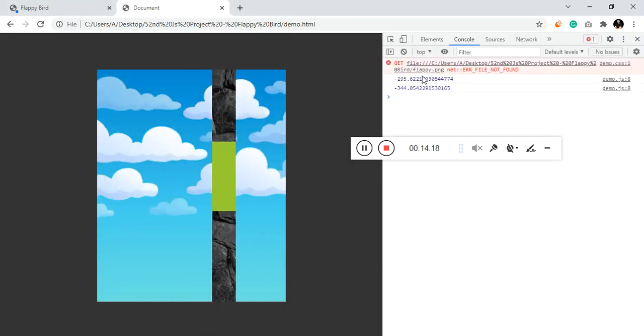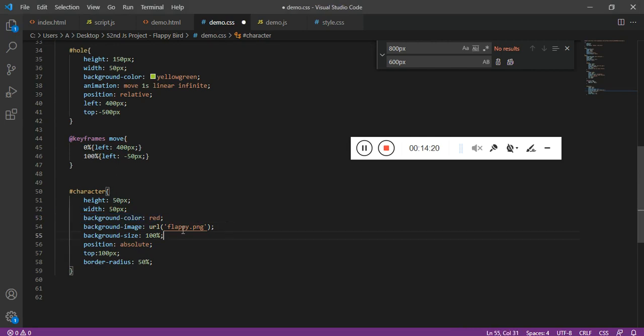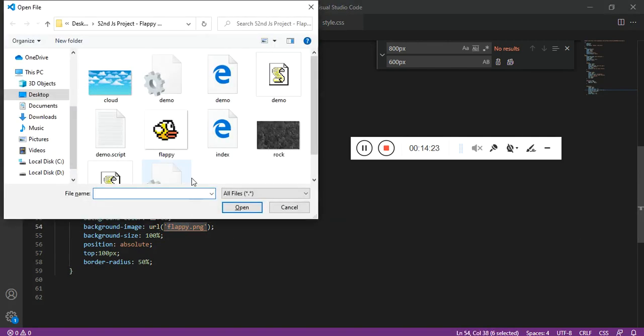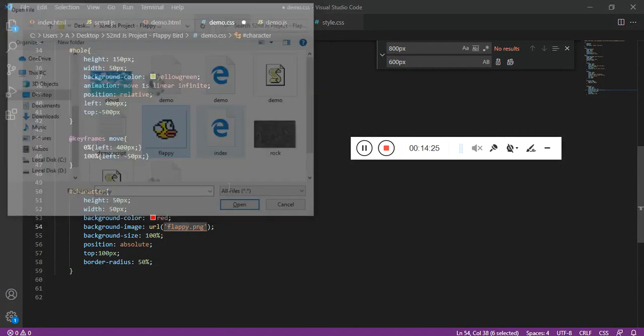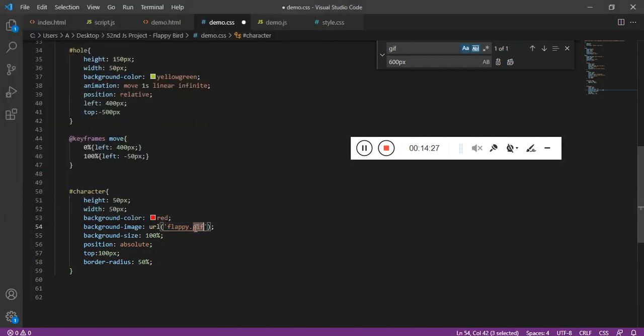Not at all working. Flappy is not available. Let me see what name I have given. Actually it's GIF. Cool.